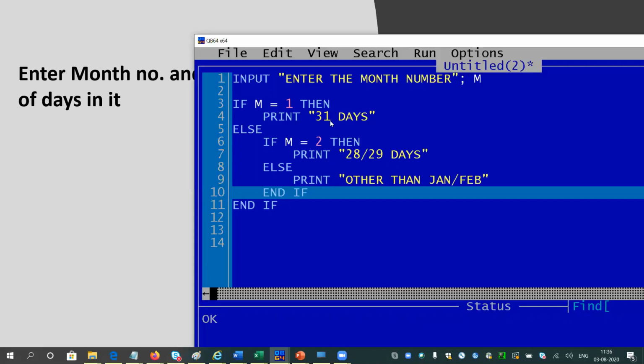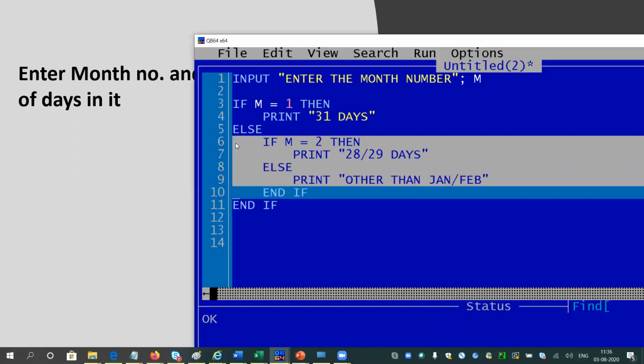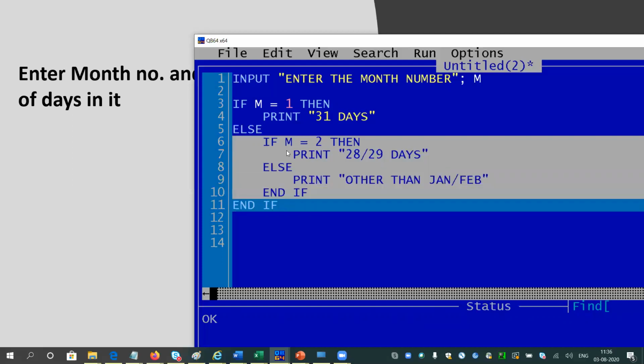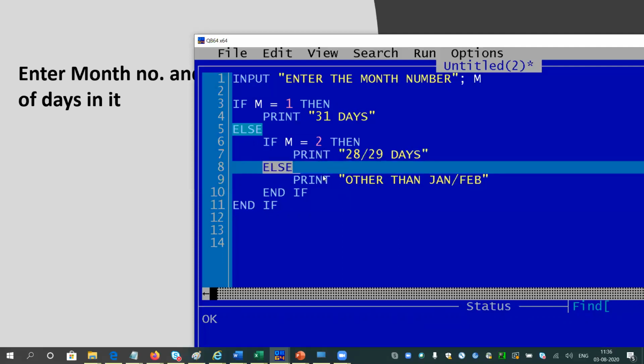If not, then all the numbers will come in this else block. Out of all those numbers, I will check if the number is 2. If yes, I will print 28 or 29 days. If it is not even 2, it will go inside the else block again and print other than January and February. So all other months go inside other than Jan and Feb.